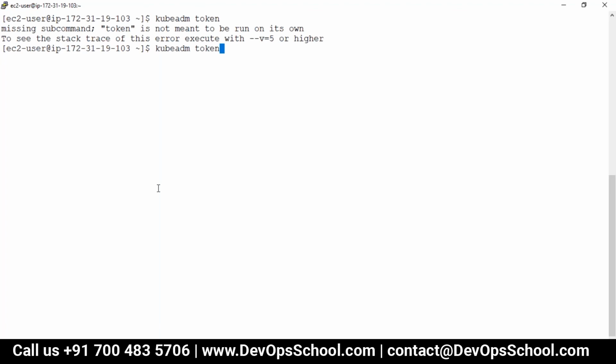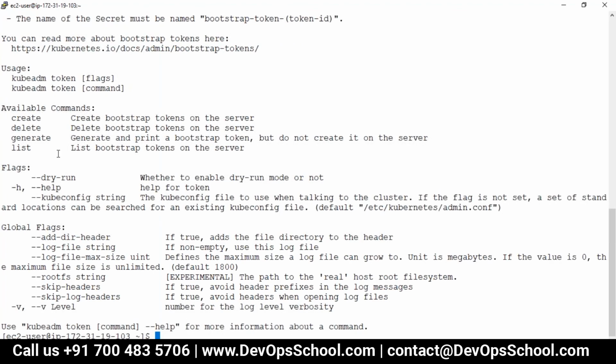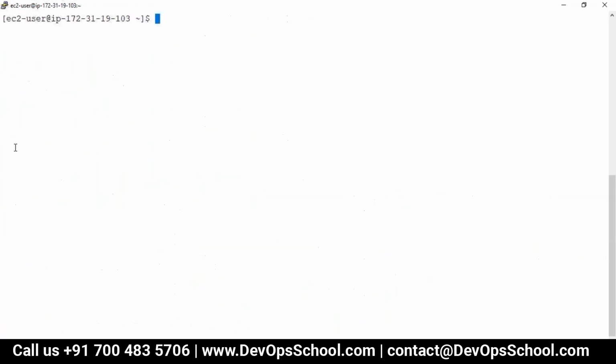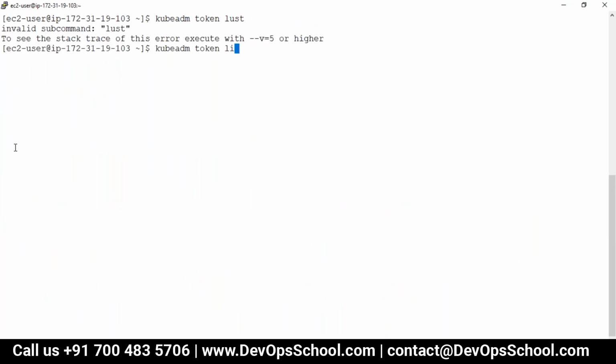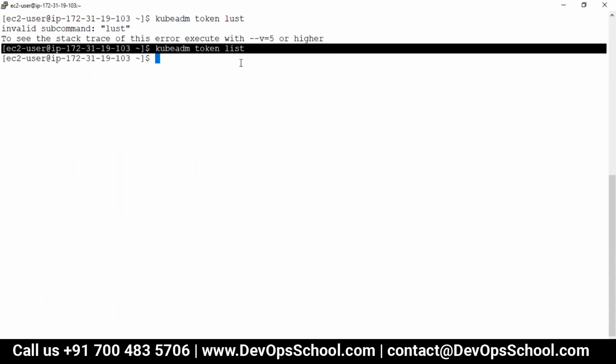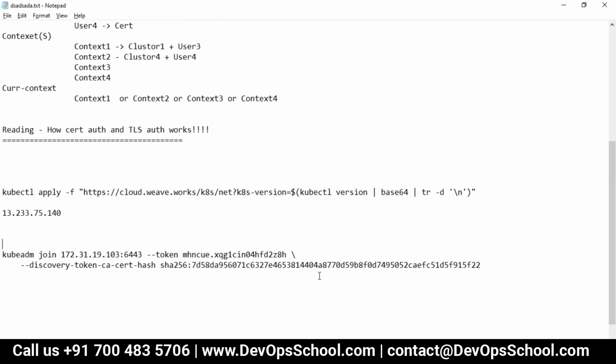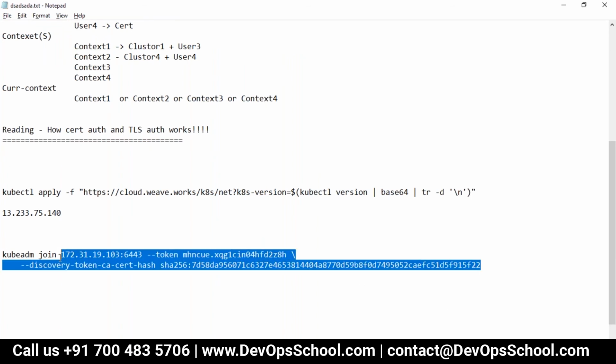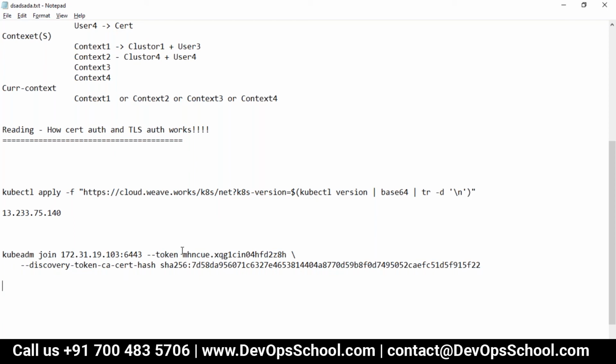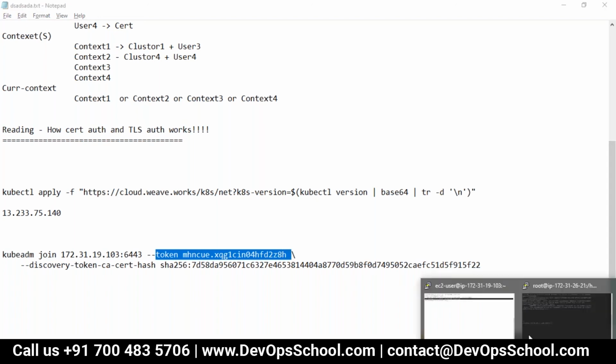So I want to see the list of tokens. Here you see kubeadm token list, there's none. That means the token I was passing got expired and deleted. That's the reason the request got stuck for me.